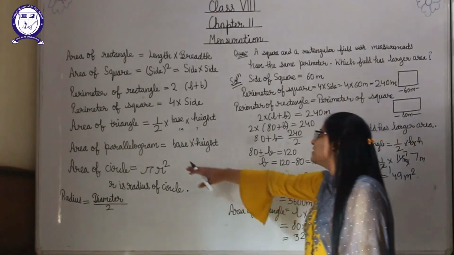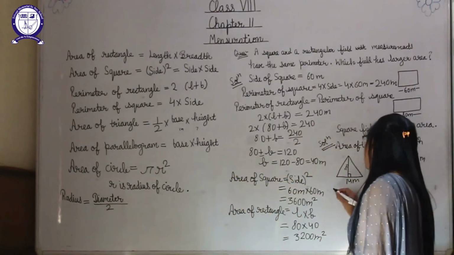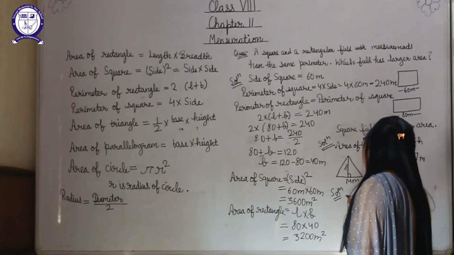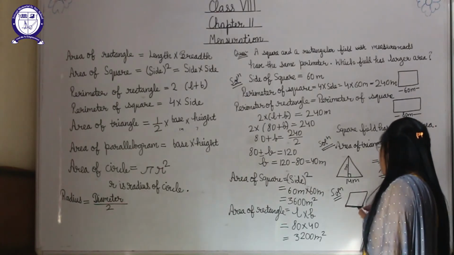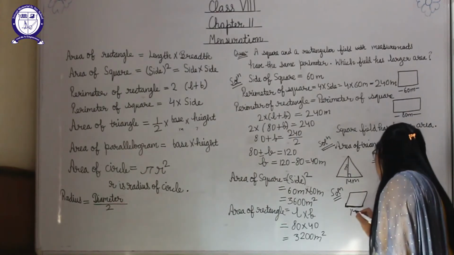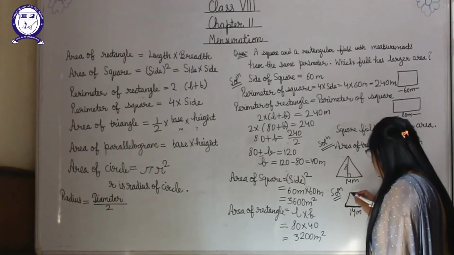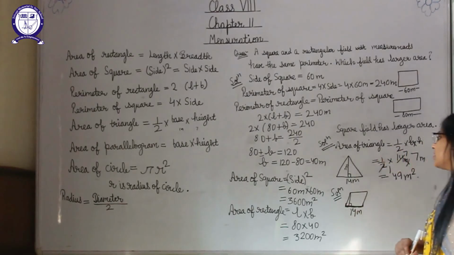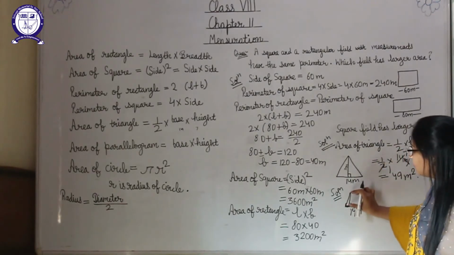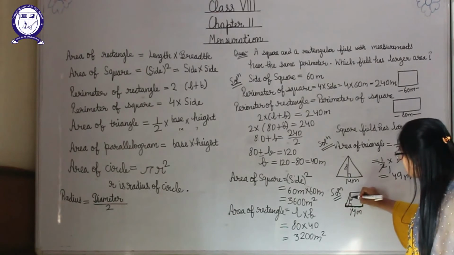In a similar manner, students, we can find the area of a parallelogram also. Suppose a parallelogram is given to us like this. This is the base we are using and it is given to be 14 meters. And here, suppose this is the height. As I told you, height is always at 90 degrees and the length of this height is 10 meters.